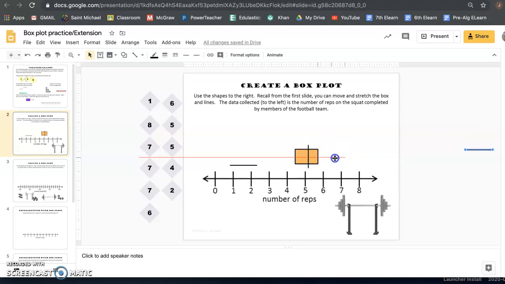Then you're going to drag these over in order to get your thing. Now remember, you're going to make this smaller or larger. So if I decide that my lower extreme is 3, then I have to grab it. I'm clicking on and I'm holding down as I drag it, okay? So you click on the corner of the circle, hold and drag, and that allows you to move it whichever way you want. I want it on the 3, so I'm going to do that so that it ends at